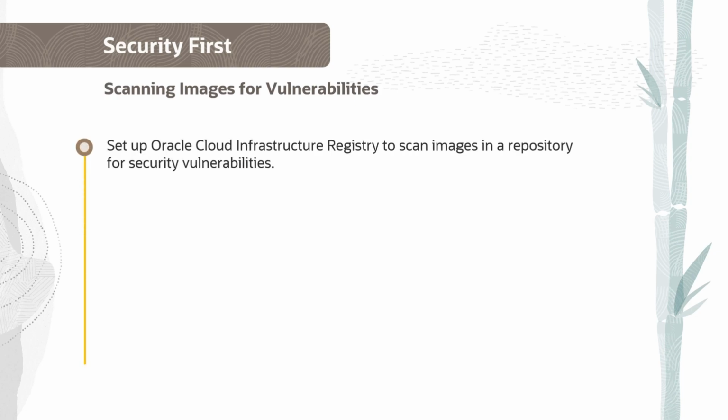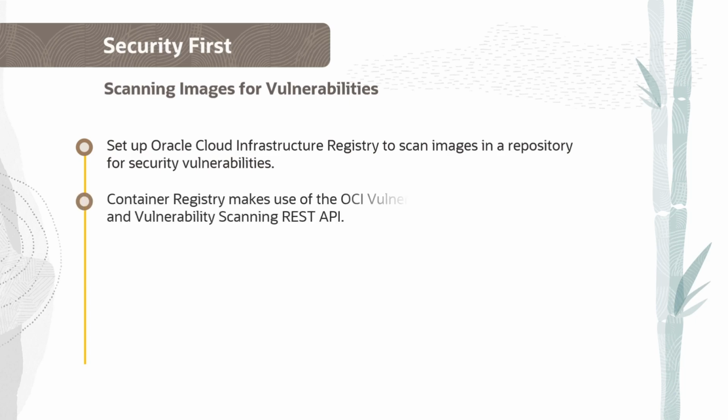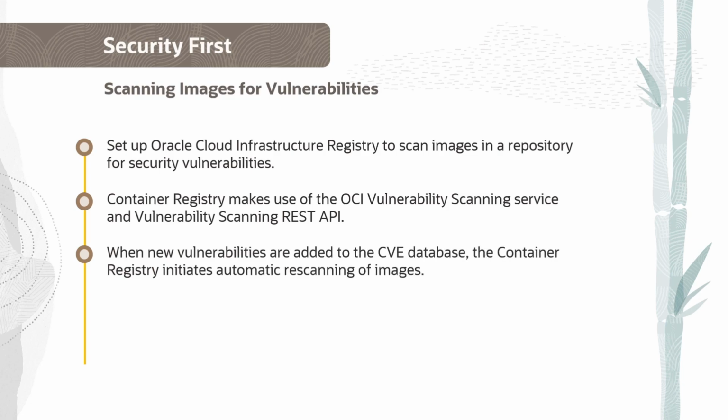You can set up Oracle Cloud Infrastructure Registry, also known as Container Registry, to scan images in a repository for security vulnerabilities published in the publicly available Common Vulnerabilities and Exposures database. To perform image scanning, Container Registry makes use of the Oracle Cloud Infrastructure Vulnerability Scanning Service and Vulnerability Scanning REST API. When new vulnerabilities are added to the CVE database, the Container Registry initiates automatic rescanning of images in repositories